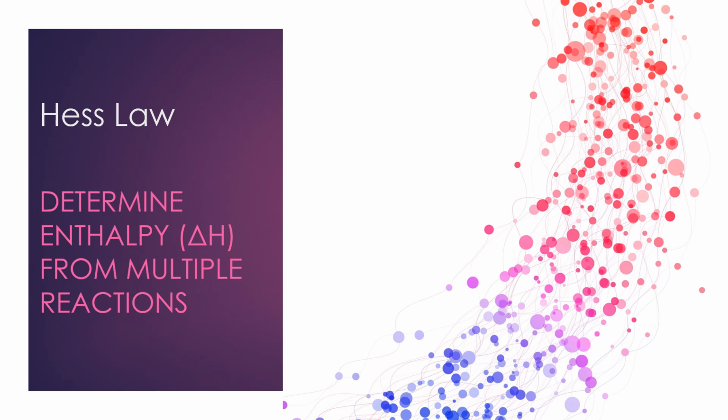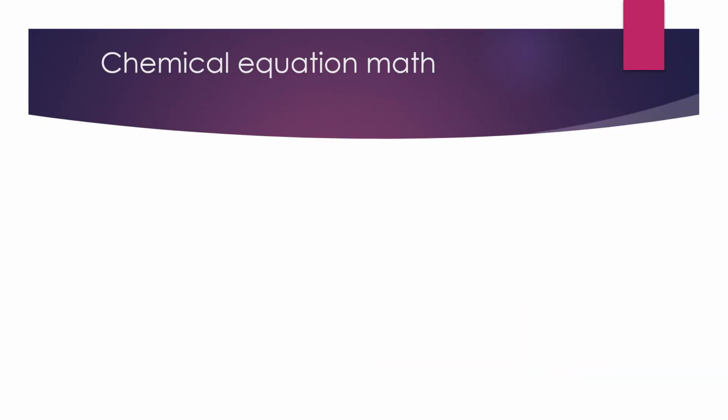In this video, we'll talk about Hess's Law. Hess's Law is really just learning the relationships between chemical equations, and seeing how they can be added and subtracted, kind of like math equations. For example, in a chemical equation, let's say you have a couple of reactants. Let me give an example